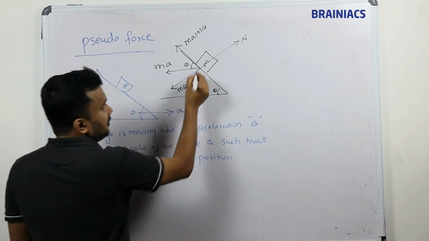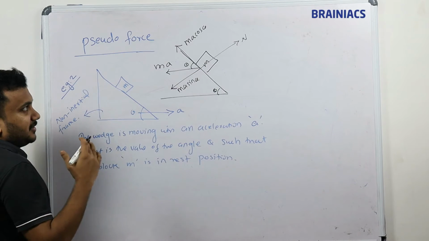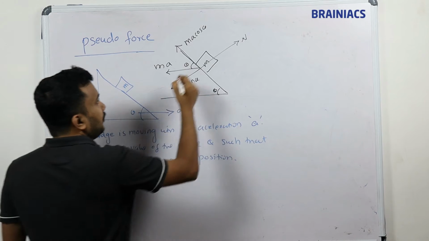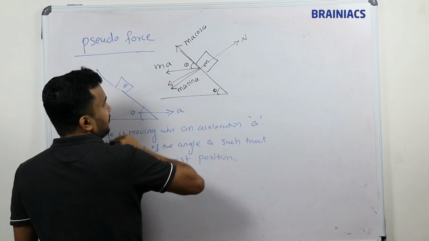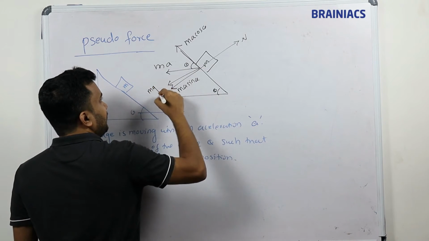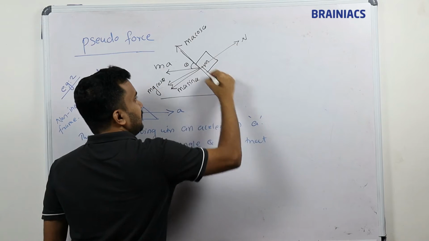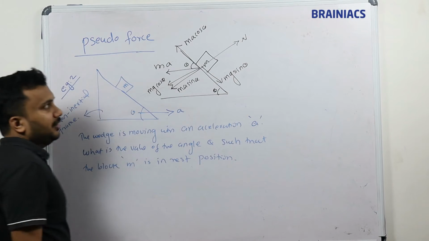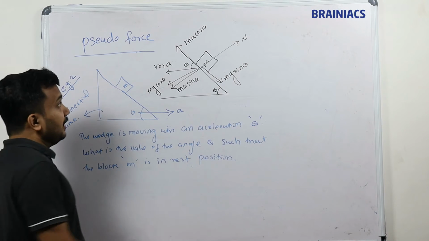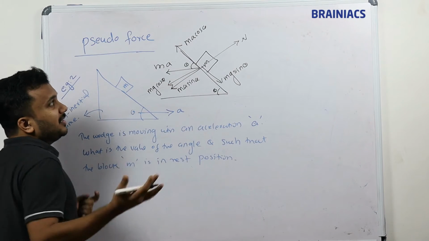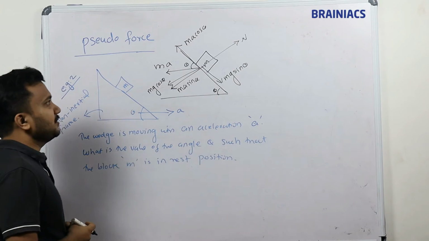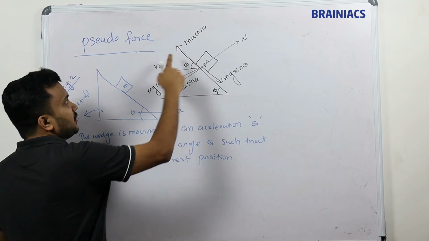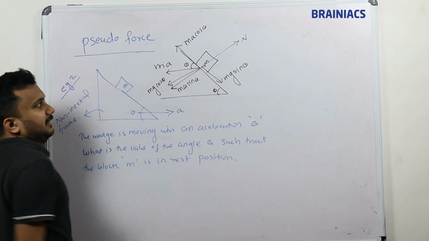And we have mg. In the previous topic itself, I told that the force component along this direction is mg cos theta, and this one is mg sin theta. This we have already seen while doing the free body diagram. So N will be in this direction. The block is at rest, as given in the question. Always remember, this is mg sin theta, this is mg cos theta, and this ma is split into ma cos theta and ma sin theta.